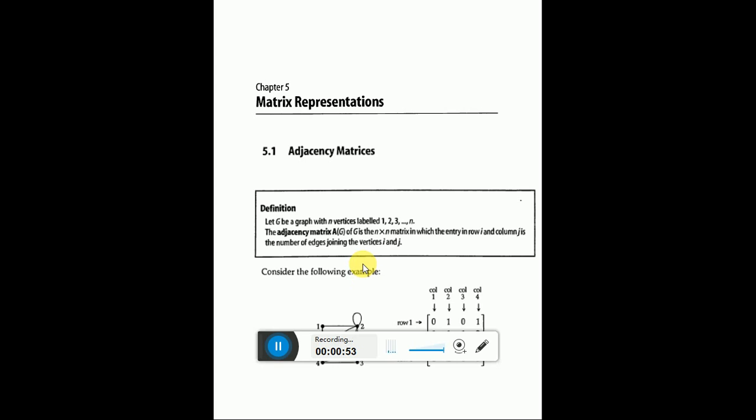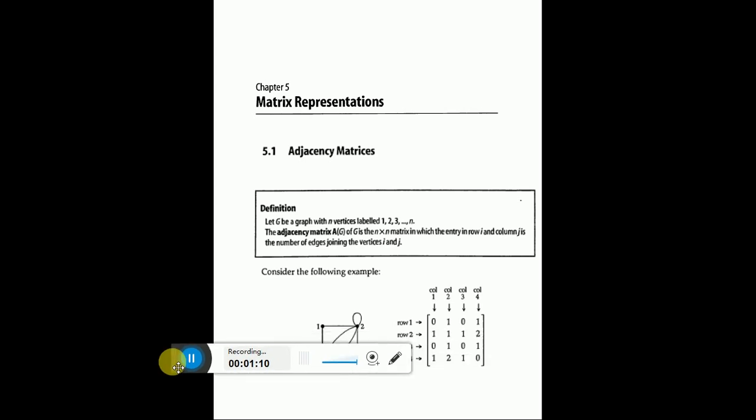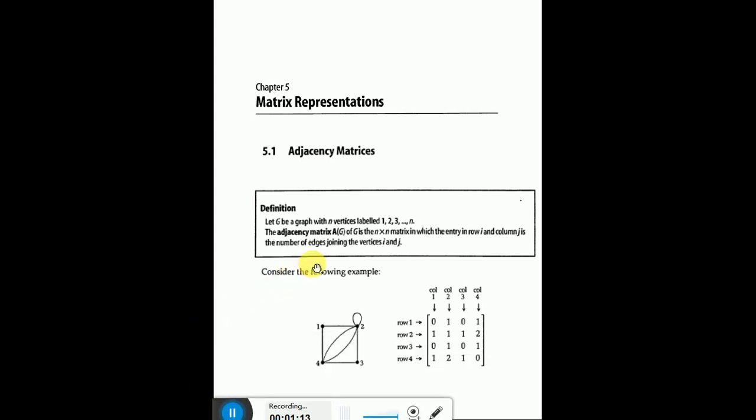To define the adjacency matrix, let G be a graph with n vertices labeled 1 up to n, and the adjacency matrix, denoted by A(G), is an n cross n matrix in which the entry in row i and column j